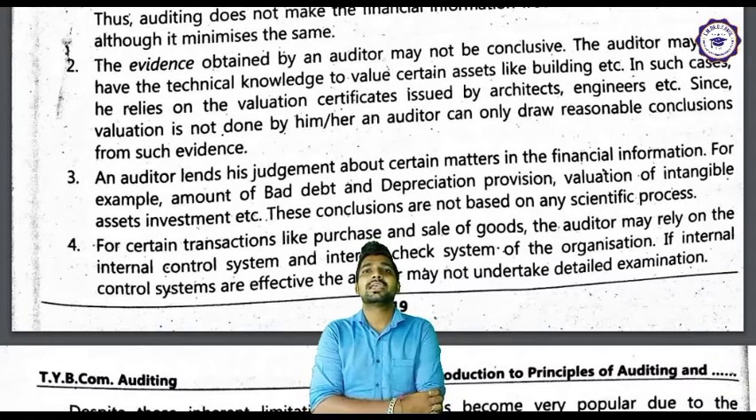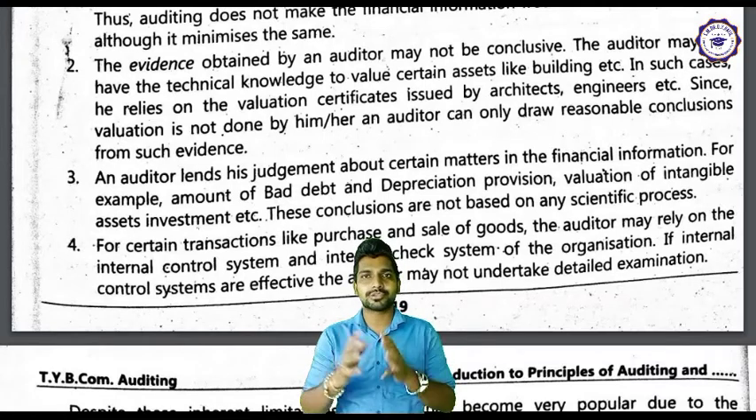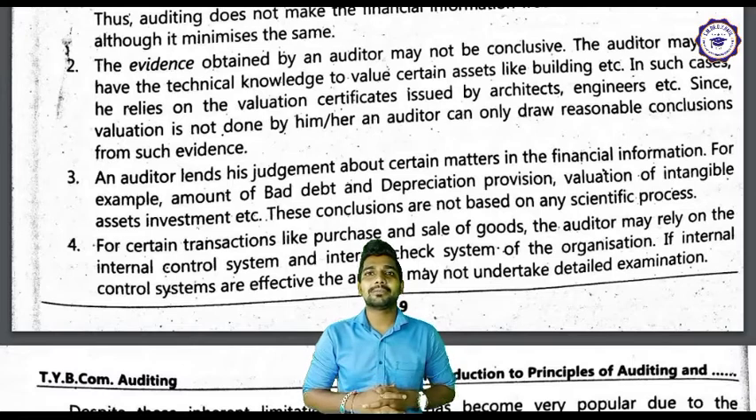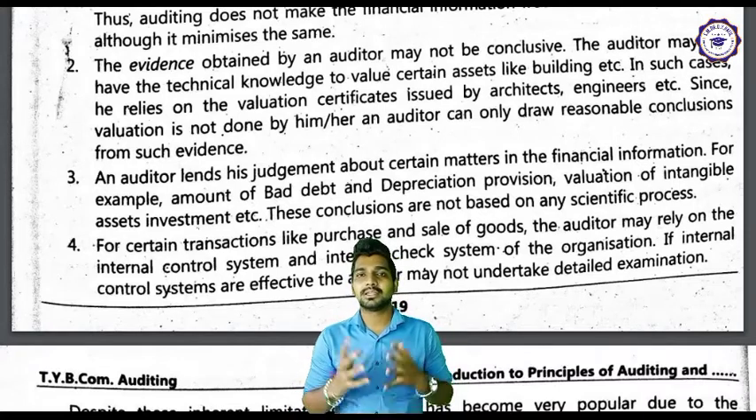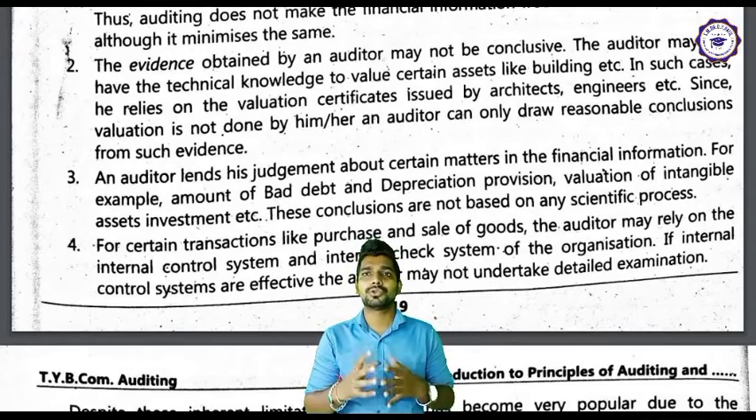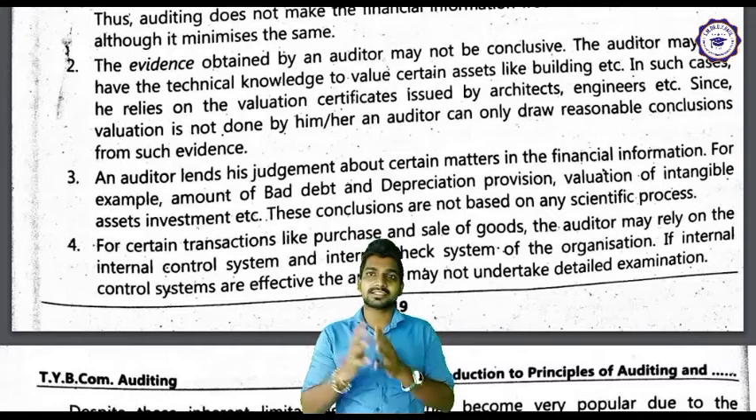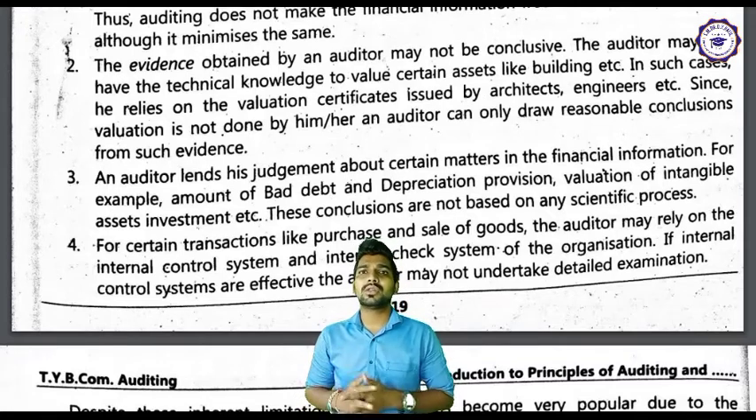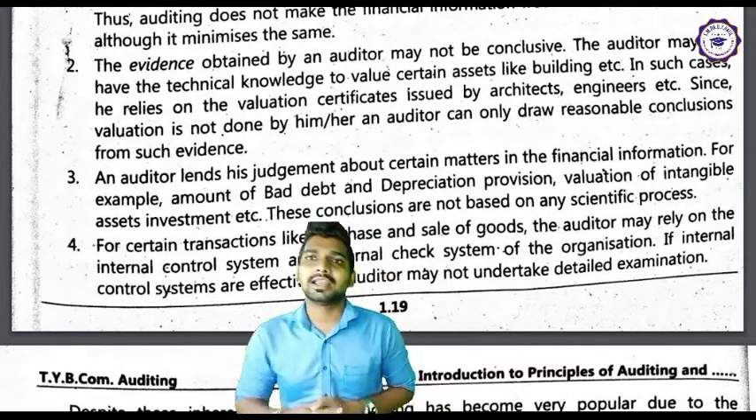evidence. And the next one is the auditor lends his judgment about certain matters in the financial information. For example, amount of bad debts and depreciation, provision, valuation of intangible assets, investments, etc. So these conclusions are not based on any scientific process. And the last one, the limitation is for certain transactions like purchase and sale of goods, the auditor may rely on the internal control system and internal check system of the organization. If the internal control system is effective, the auditor may not undertake the detailed examination, then